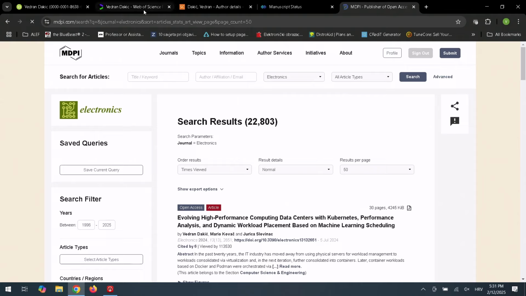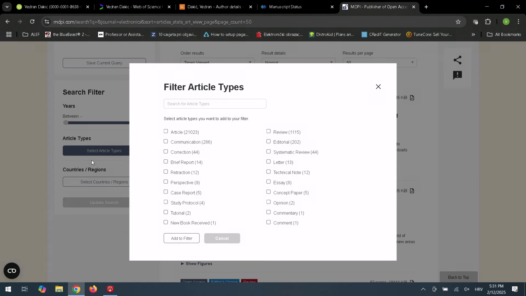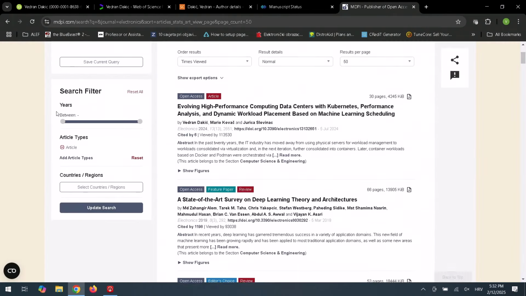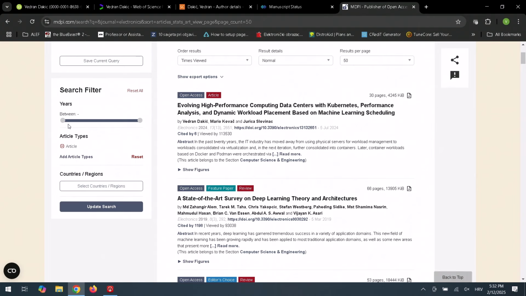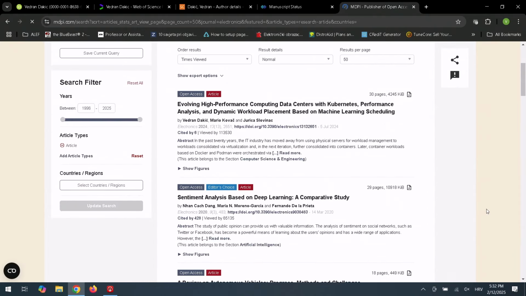This is the journal where I published this article. I'm going to filter all of the articles published in all of the years since this specific journal has been published from. And this article is at the very top of the list, from 1996. Basically, 30 years of this journal. This is by far the most read article by a factor of 2 against the next one. And the next one has 429 citations.